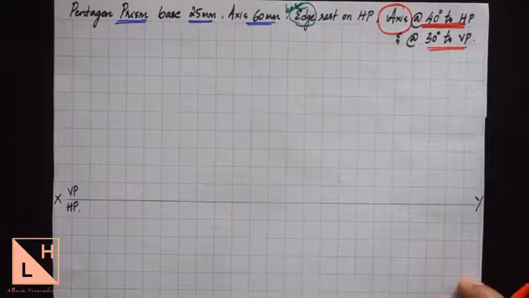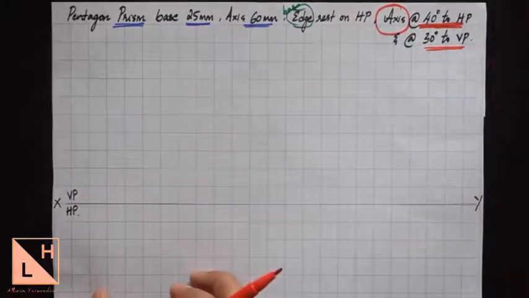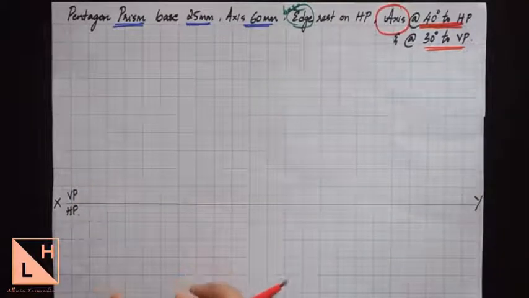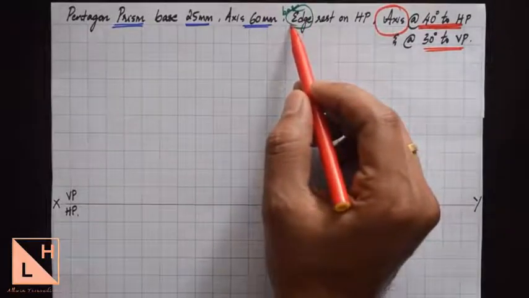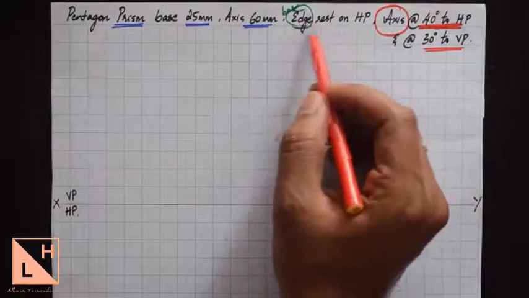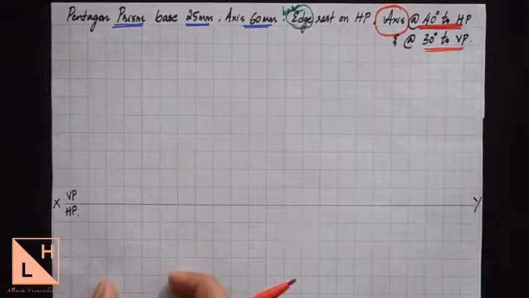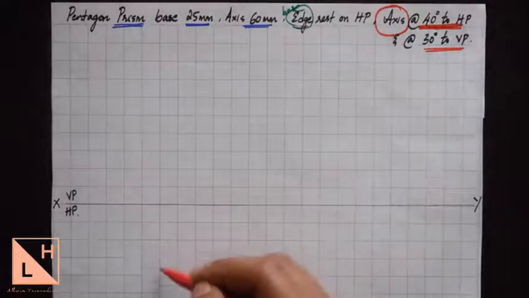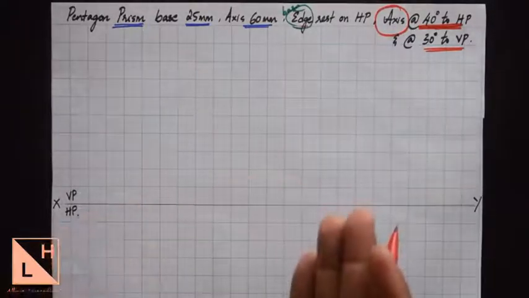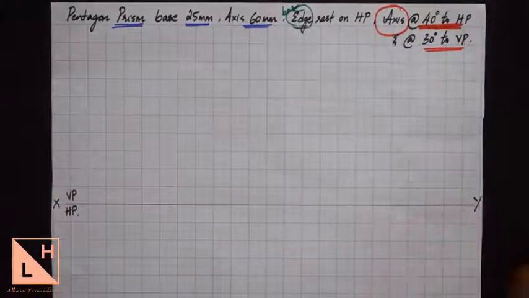First and foremost thing, we'll draw the first position, and in solids you have to ask the question for the first position whether you need corner condition or edge condition. So since the problem says the prism is resting on one of its base edges on HP, we'll draw the pentagon in the first position such that one of the base sides is towards the right side. Okay, so you can keep it on the left side also, which I'll explain to you sometime later in the upcoming videos.